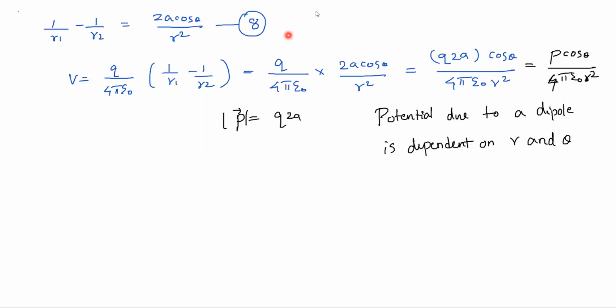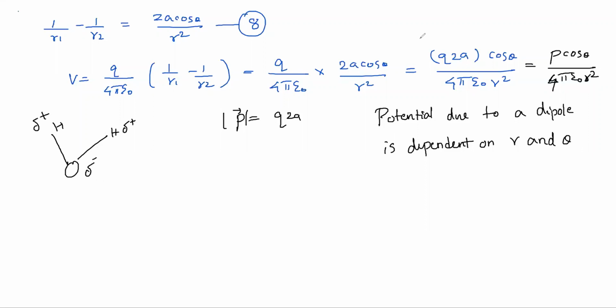So let me consider a point. For example, this is actually used in several molecules. Maybe the water molecule is a kind of dipole, because oxygen in a water molecule is highly electronegative and the hydrogen atoms are less electronegative. So the two hydrogen atoms in a water molecule will acquire a small positive charge and the oxygen atom will acquire a small negative charge. So that's a dipole. Delta is a Greek symbol that means small. For small values, we use the symbol delta. So this is a kind of dipole.